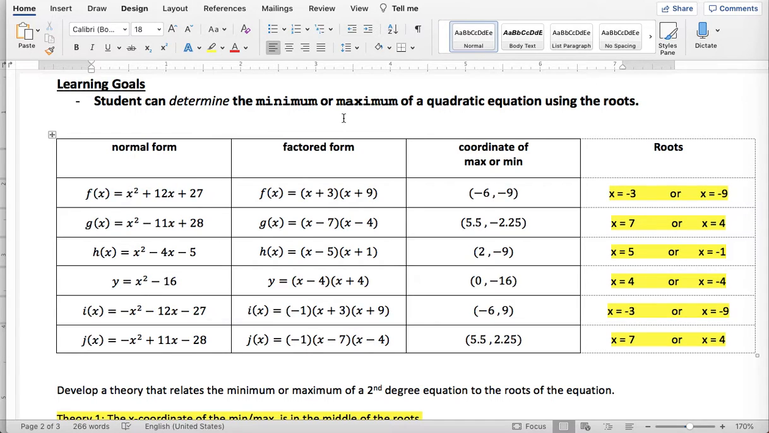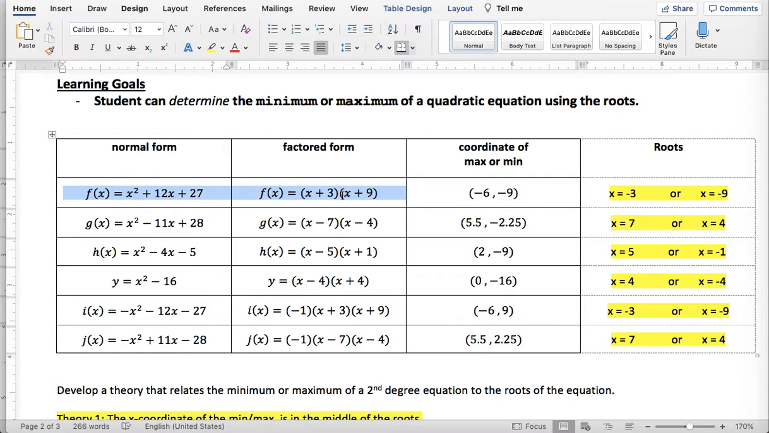This video explains how to find the vertex of a parabola. Another way of saying this: this video will explain how to find the coordinates for the minimum or maximum of a quadratic. All right, so here you see in each particular row, you have the normal form and the factored form